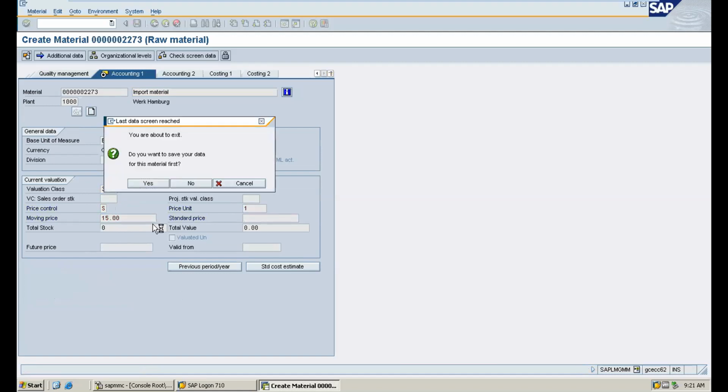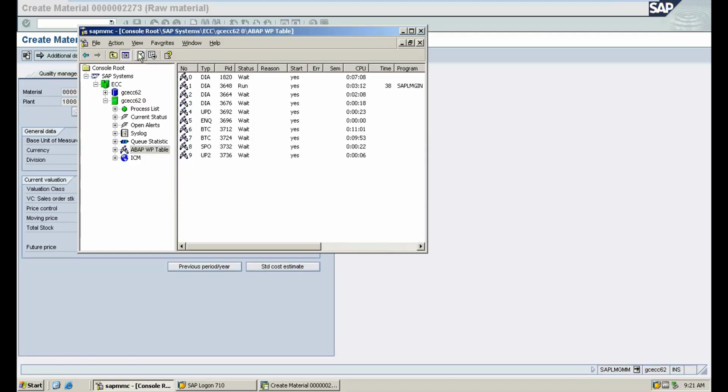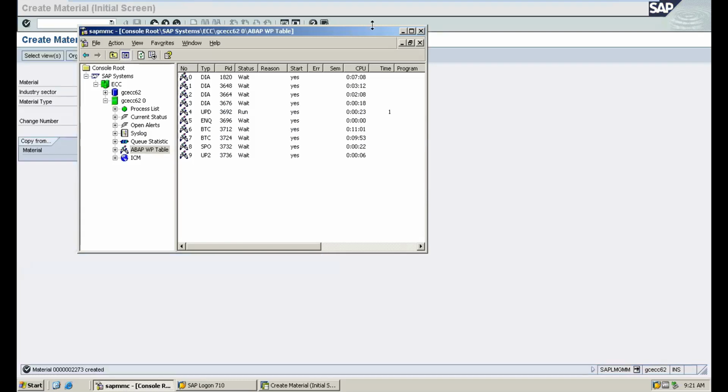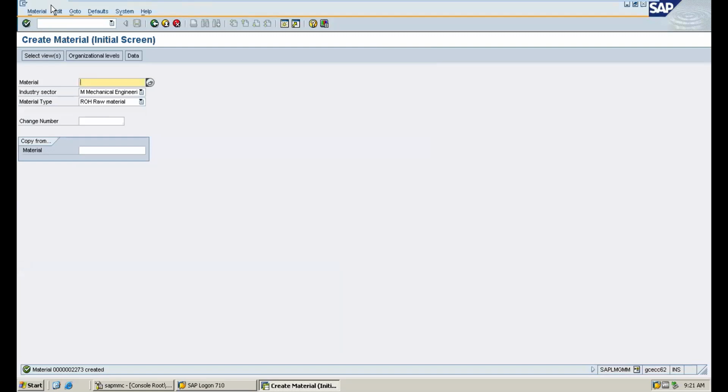So the material is 2273. Now go to slash and XK02.